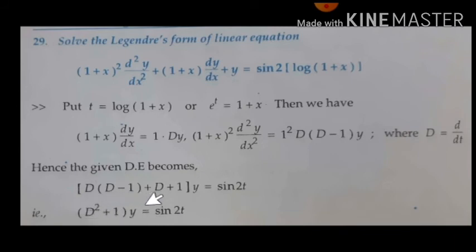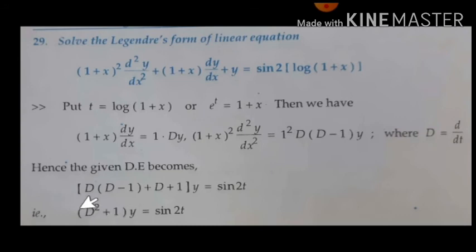Observe, you reduced a differential equation with variable coefficients along with the derivatives into one with constant coefficients. Once I reduce the differential equation to this form, we know how to solve it, yes or no? So find the complementary function and particular integral, and obtain the solution. That simplification I showed on the next page.